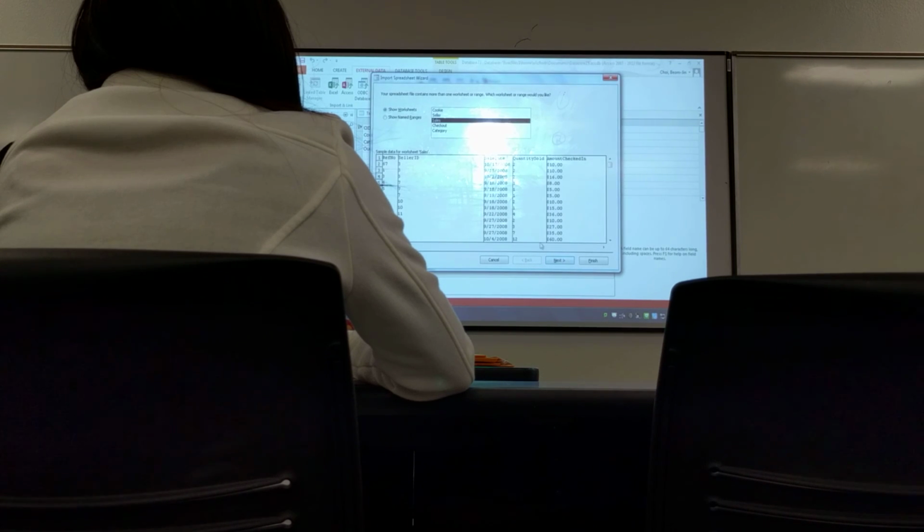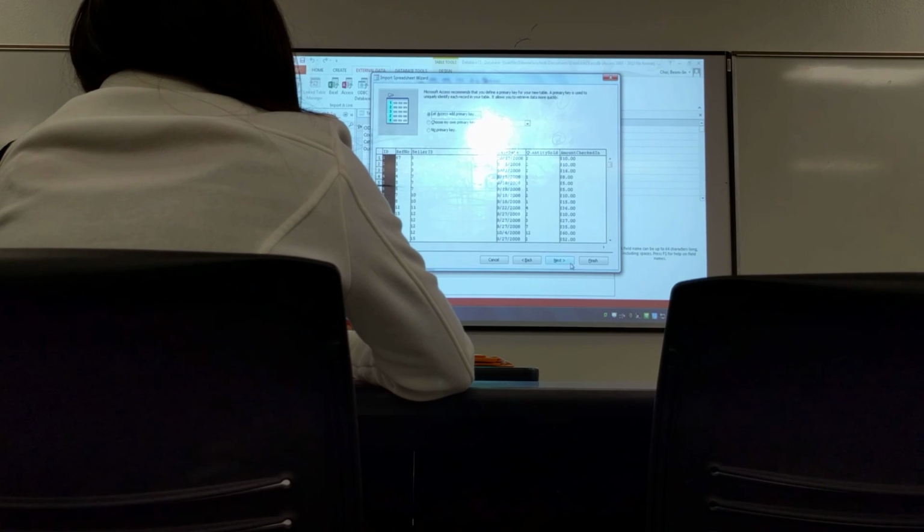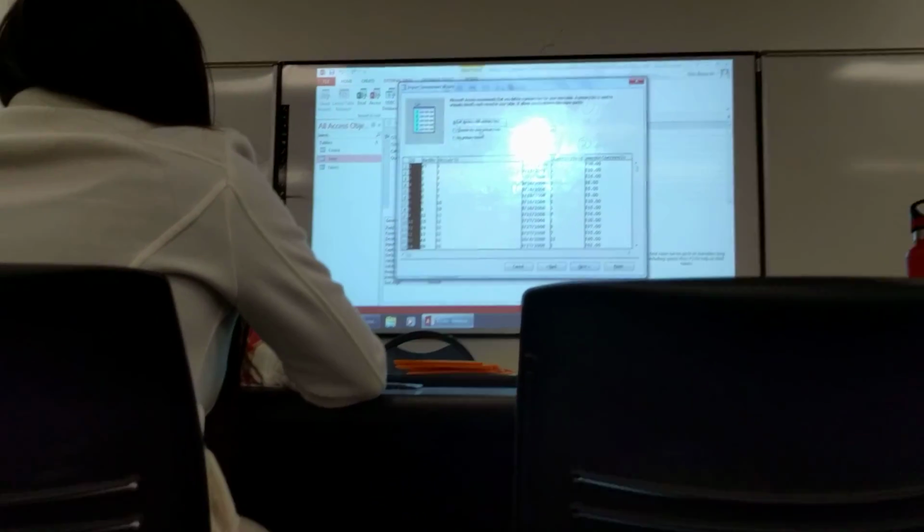Okay, now sales table, next, because I'll do it later. And primary key is going to be what in this case? This is kind of a little bit